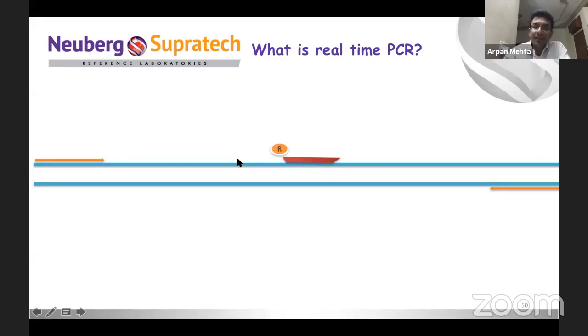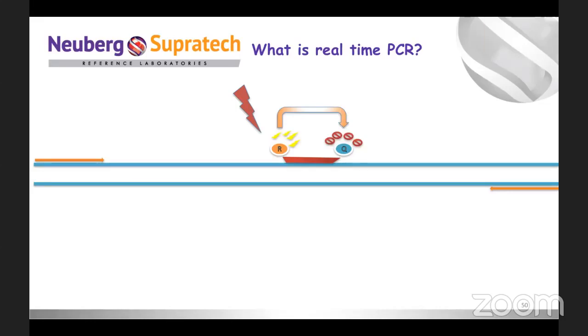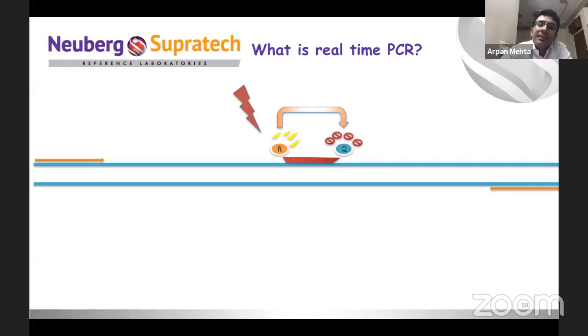molecules. One is the reporter dye. It is so called because it reports the signal, or reports the fluorescence, to us during the RQ-PCR. And one is the quencher dye. It is so called because it quenches the signals produced by the reporter dye. So whenever light is incident, the reporter fluoresces, but this fluorescence is not detectable by us because there is something called fluorescence resonance energy transfer. By this process, the signal is quenched by the quencher. So in the normal quiescent stage, this signal is not detectable.